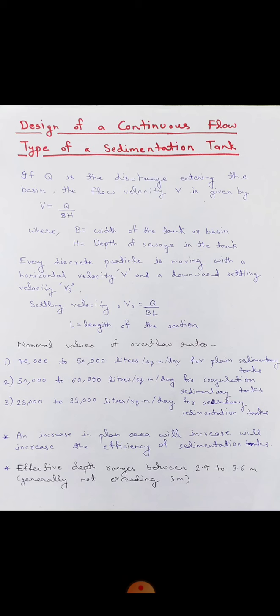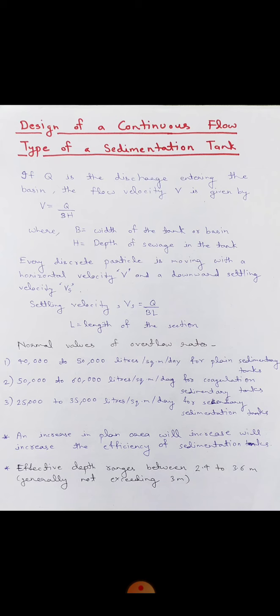As we have studied earlier also, sedimentation simply means to settle down. For the settlement of these different discharges or effluents in the tank, the water has to flow. In the intermittent tank, the water will be stable and the effluents will be settled down. But for the continuous flow type of sedimentation tank, some parameters we have to consider.